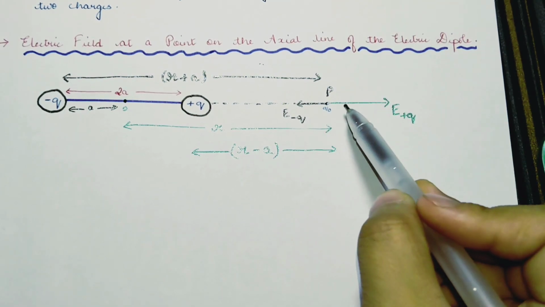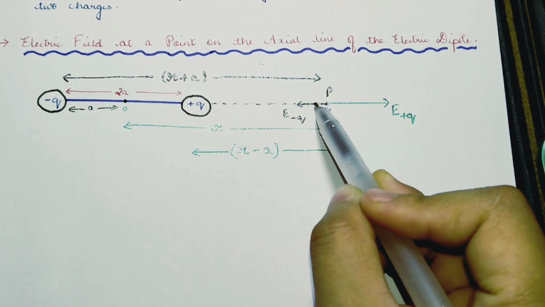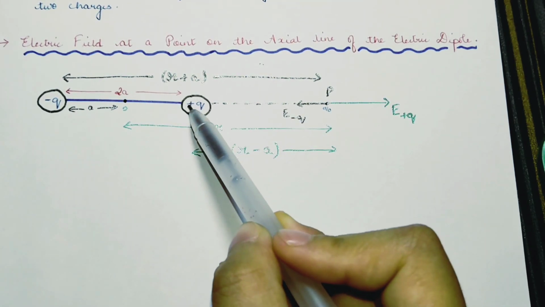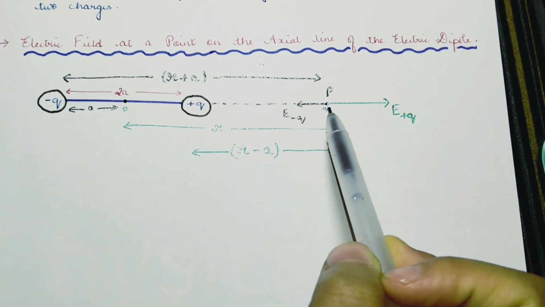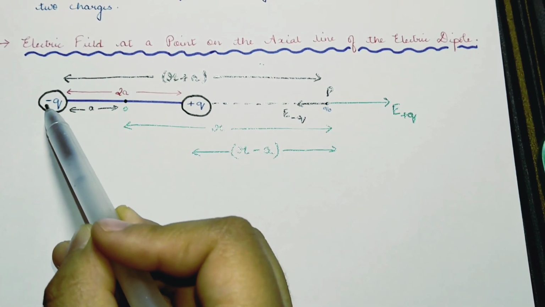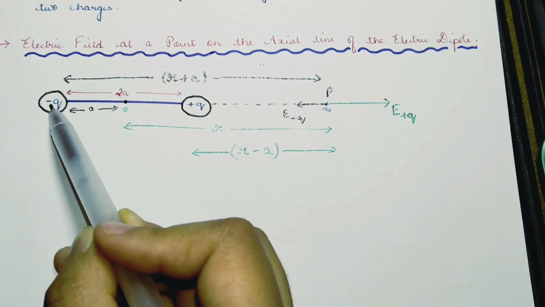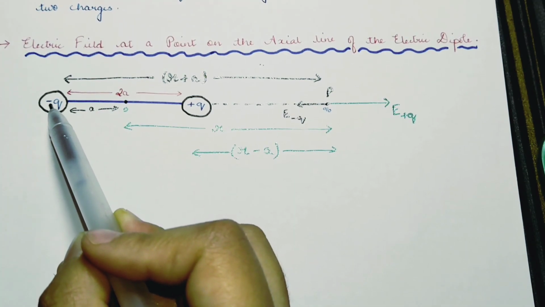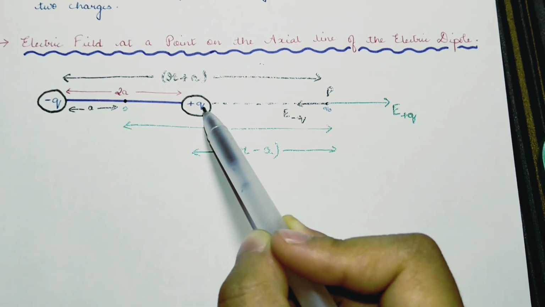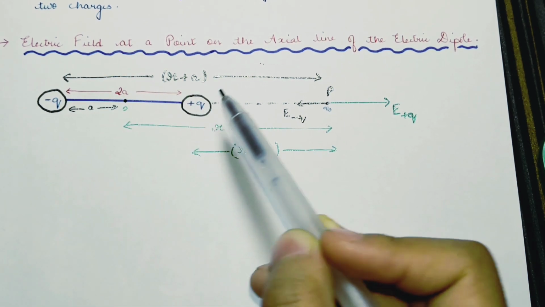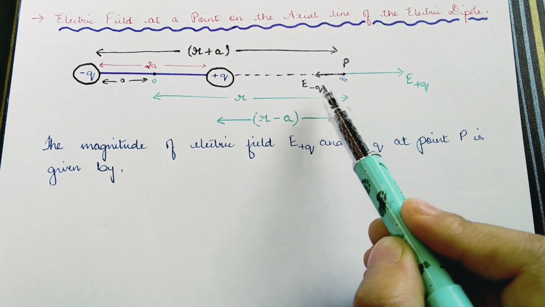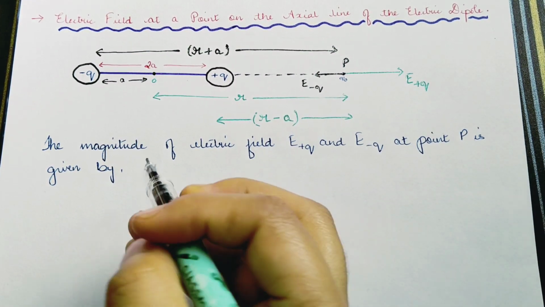All right. Now if you look at the two fields, E plus q and E minus q, we see that plus q is quite close to q naught. That is why we're seeing a more intense electric field as compared to minus q. If you look at minus q and q naught, it is quite far away from our test charge q naught. That is why it is experiencing a weaker electric field. So the magnitudes of electric fields E plus q and E minus q at point P can be given by